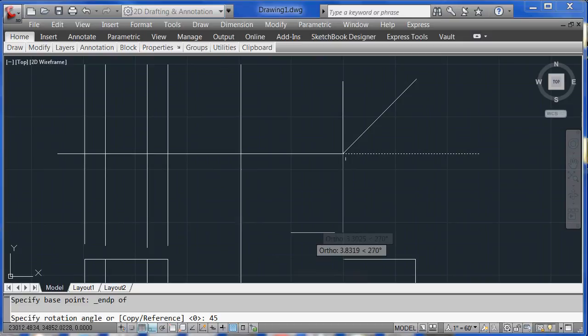Okay, so now actually I want to keep these lines here, but I'm just going to break them. So I type the BR for the break command. Click there and click there, and then click there and click there. Okay. Now I want to do the same for this here, and I want to type in